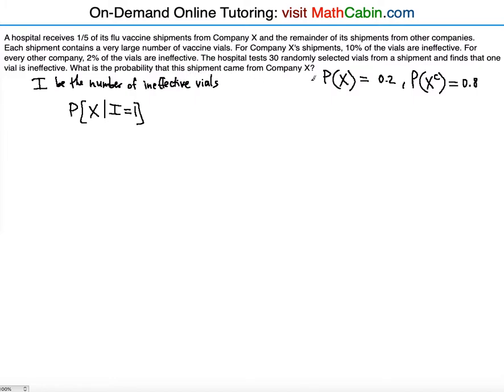They're saying that, given that one is ineffective, what is the probability that the shipment came from company X? So notice that from the base formula you can derive another formula that you've probably seen before, in which you flip these two in a fraction. What you're going to have is the probability of I being equal to 1 given that there was an X shipment from company X, divided by, and also don't forget to multiply this by the probability of X, right? That completes the Bayes formula numerator, divided by this part